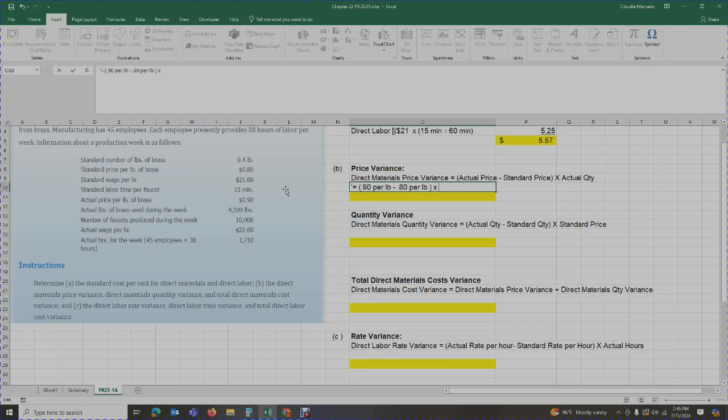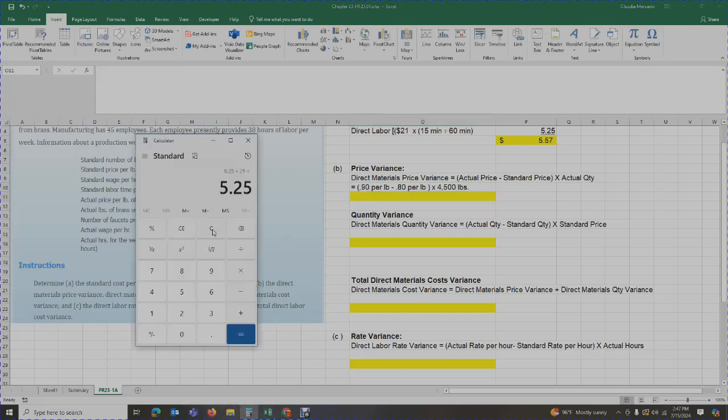I'm going to multiply that by the actual quantity of brass used. How much brass did we use? According to the problem, we used 4,500 pounds of brass. So we're going to multiply it by 4,500 pounds. Let's get our calculators. 90 cents is what we spent. We're going to subtract what we budgeted for. We had set our standard at 80 cents. So we are paying 10 cents more than what we anticipated. We're going to multiply that by the total actual quantity of brass used. We used 4,500 pounds. So that gives me a